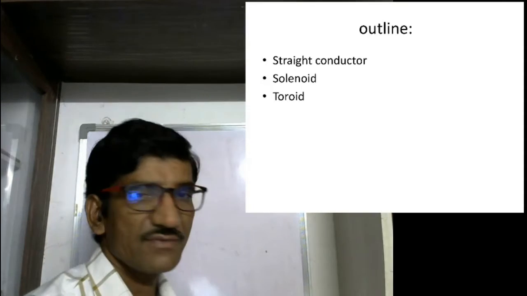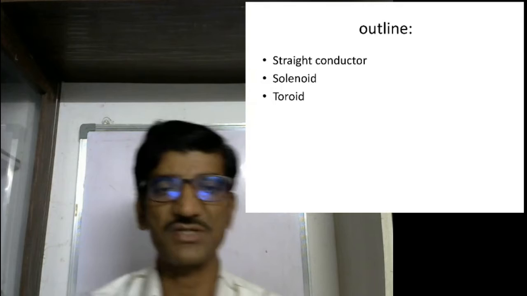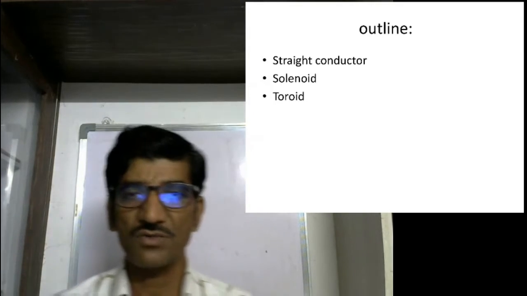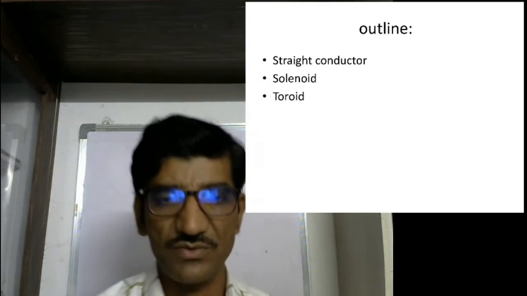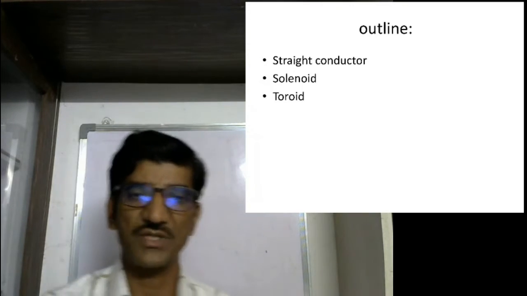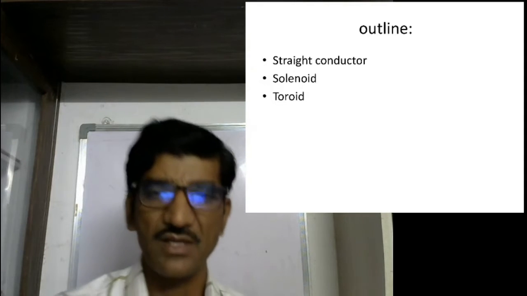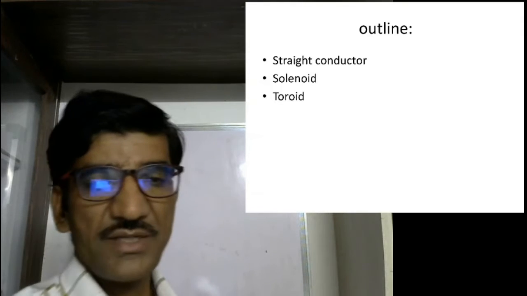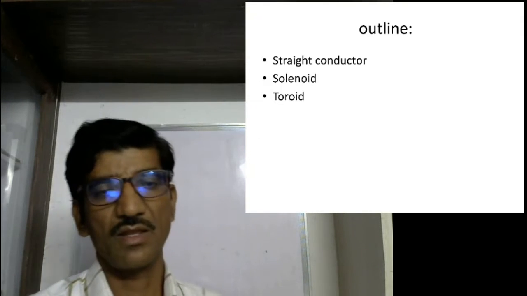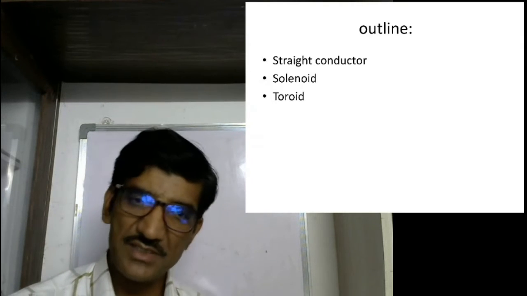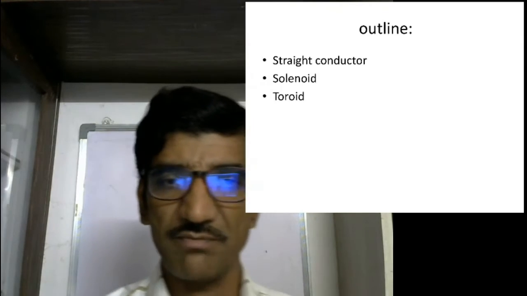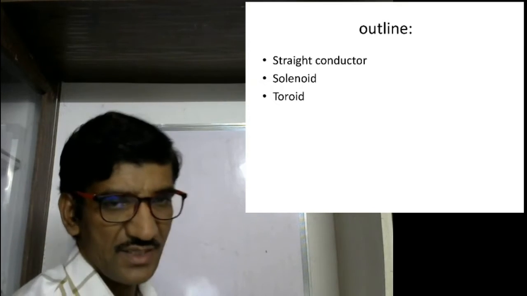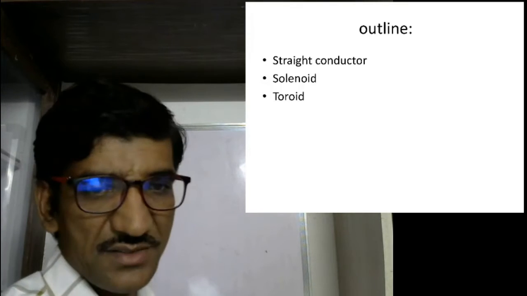See here, the first problem is the same as with the Biot-Savart law applications. The quantity we want to find is also the same as we found in the case of the Biot-Savart law. The problem is the same, so the answer should be the same. Let us check. Let us also compare the time required to find B, that means in how many steps we get B, whether we get B more easily in this case or in the previous case. But the answer is the same.